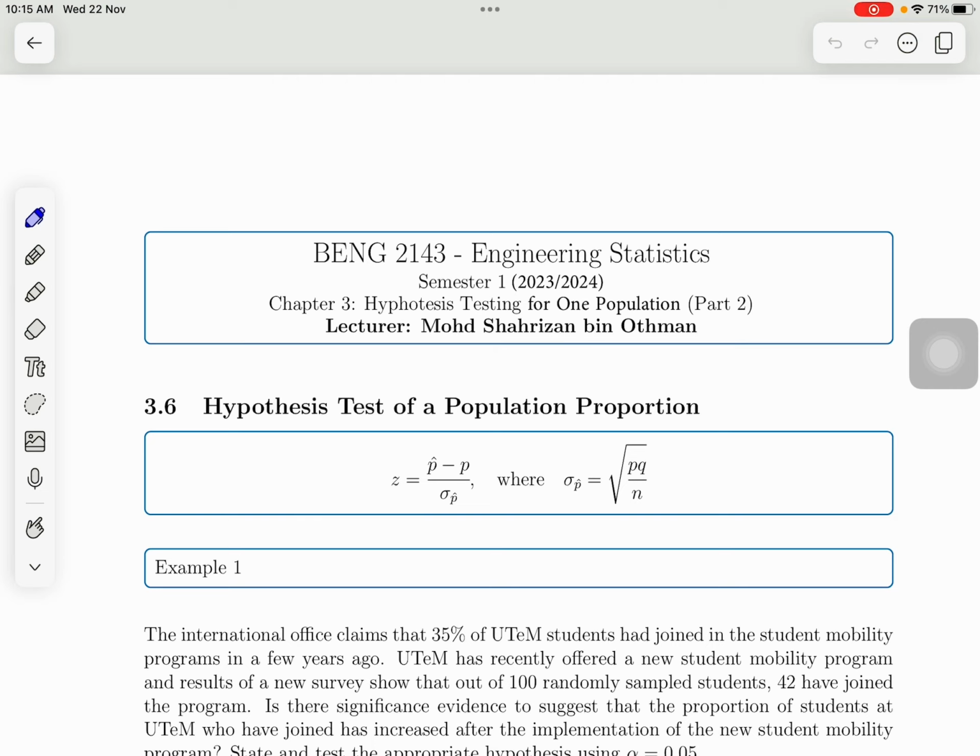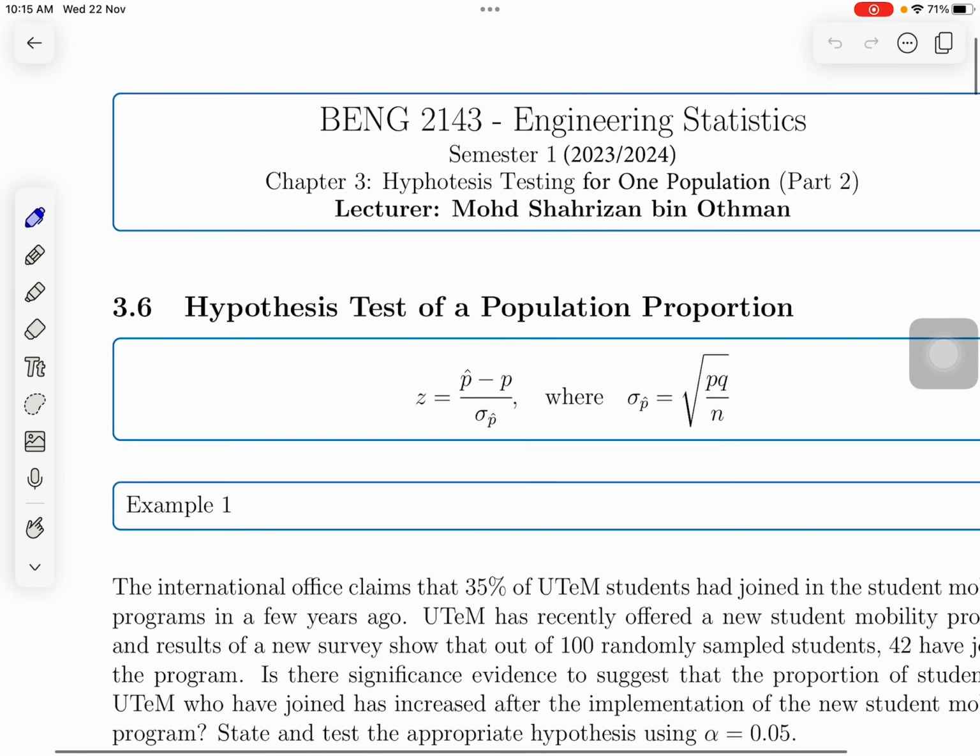Okey, ada siapa yang kurang pasti apa itu proportion? Proportion adalah dalam bahasa Melayu kita boleh katakan sebagai pecahan, kadaran, ataupun yalah macam... Kalau saya boleh bagi contoh seperti saya katakan dalam kelas, kalau kita ada let's say ada 40 student dalam kelas